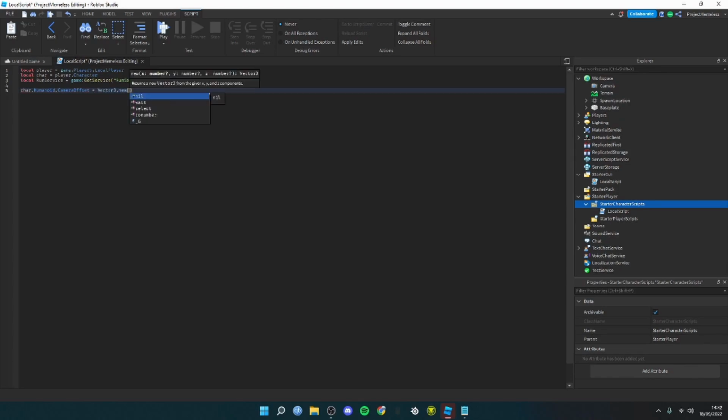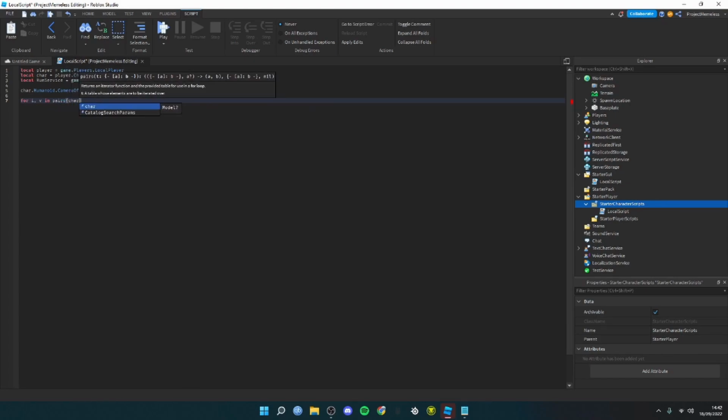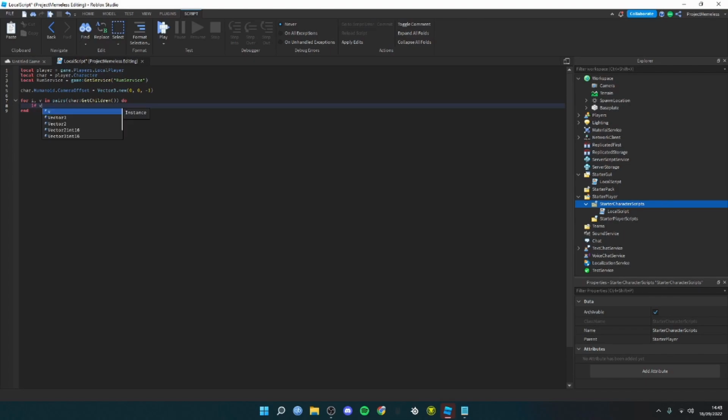equals Vector3.new(0, 0, -1). for i, v in pairs(character:GetChildren()) do if v:IsA("BasePart") and v.Name equals Head, then